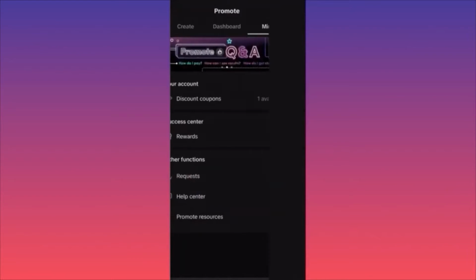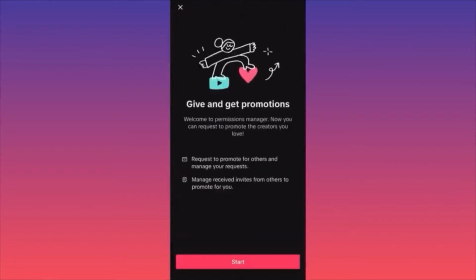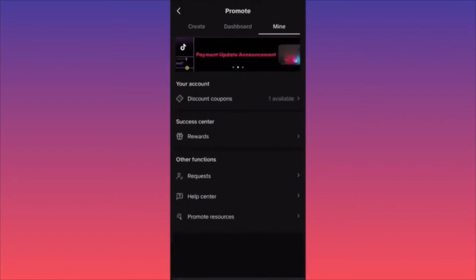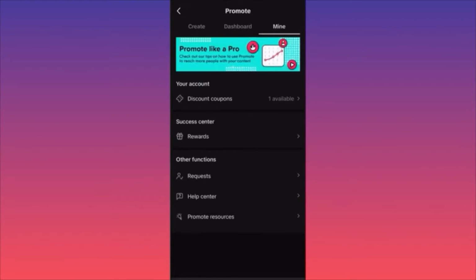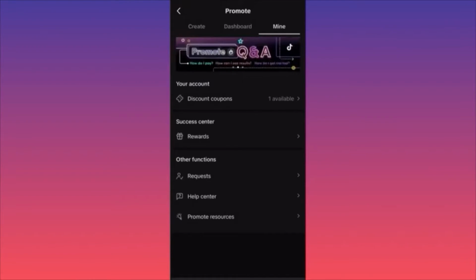And then you have other functions over here. For example, if you want to pay for someone else's promotion, or you want to create a separate department in your business, you want to hire someone to do all this, you simply want to add a manager, someone who will be managing all this and who will be creating the ads. It's like you're hiring someone to manage your Instagram page, or manage your Twitter account, or manage your overall social media.